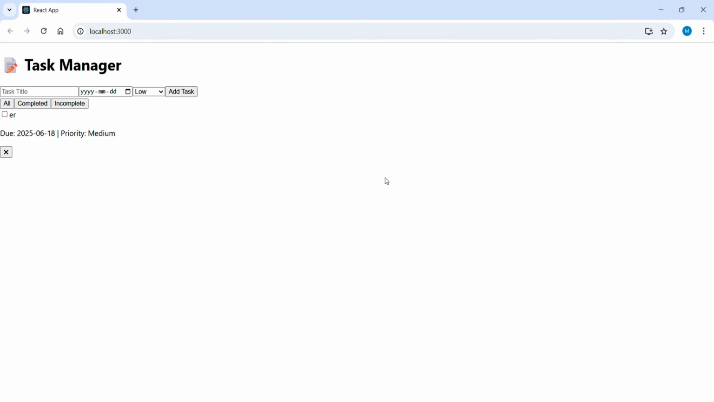Hi guys, I have come with Task Manager app. So Task Manager is a simple yet powerful React-based web application that allows users to efficiently create, organize, and track their daily tasks. Built with modern component-based architecture, this app includes features like task creation with due dates, priority selections,